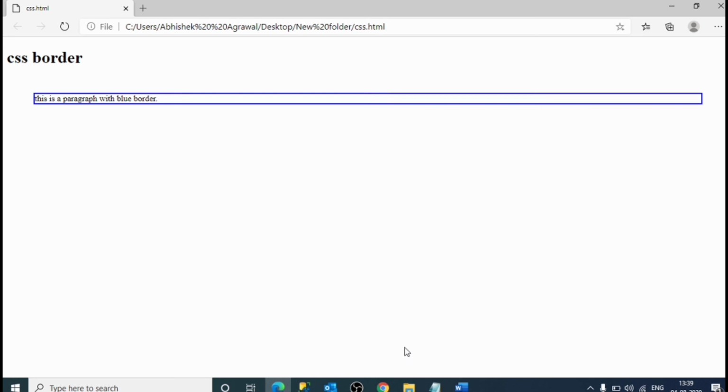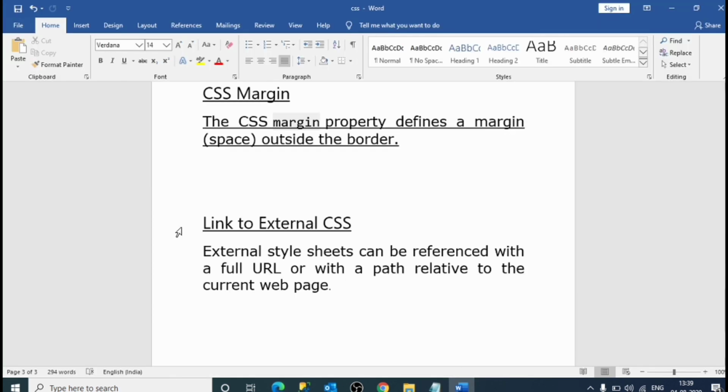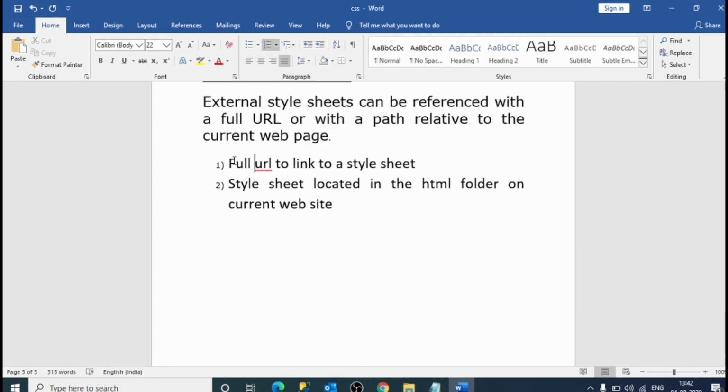Now we'll see how to link to external CSS. An external style sheet can be referenced with a full URL or with a path relative to the current web page. We will see both the types. First we will see full URL. So we'll write a code.